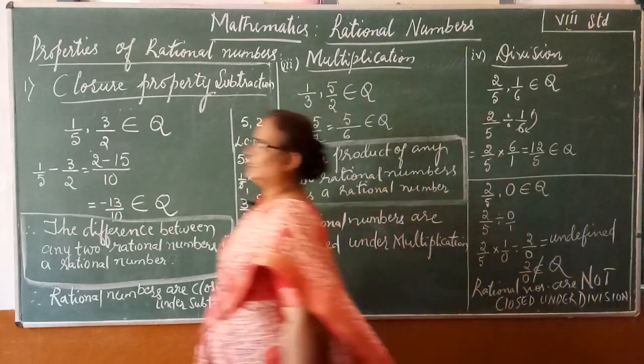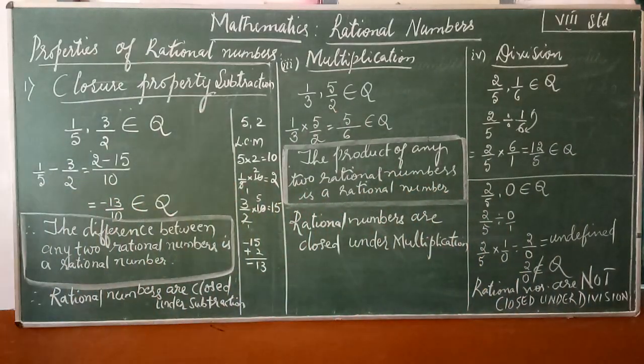So, what did we learn from this? One of the properties of numbers, closure property, and we checked whether closure property is satisfied on the four operations of mathematics. We verified closure property is satisfied under addition, subtraction and multiplication, but not satisfied under division, because when we consider 0, it will be in the form of p by 0. I said q is not equal to 0. In case it is 0, it is undefined, which does not belong to rational numbers. Hence, rational numbers are not closed under division.